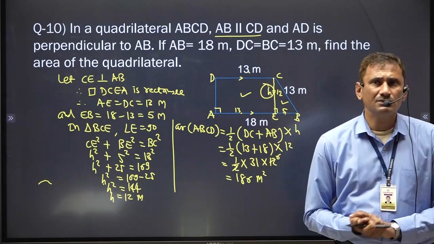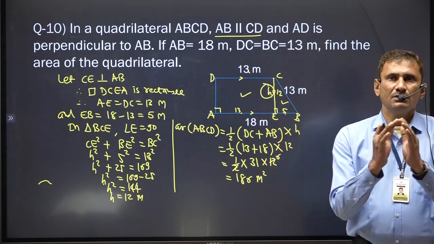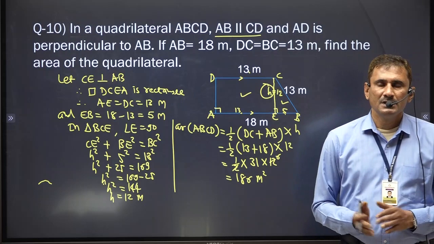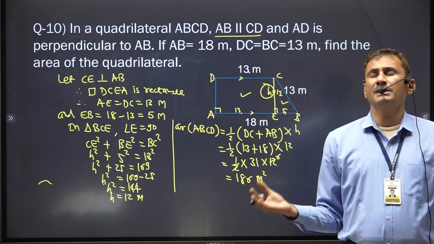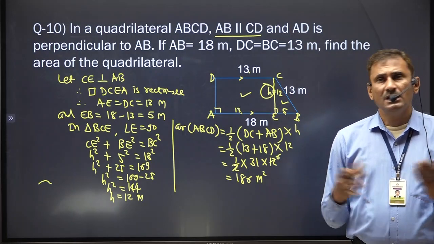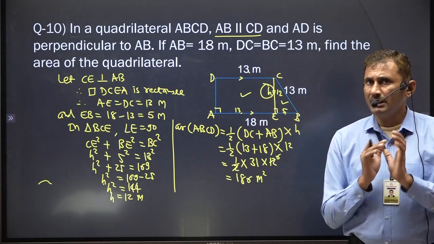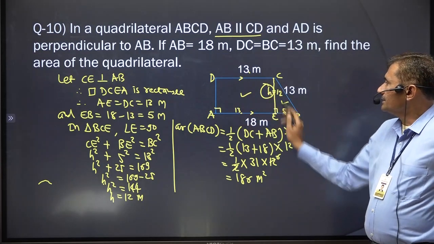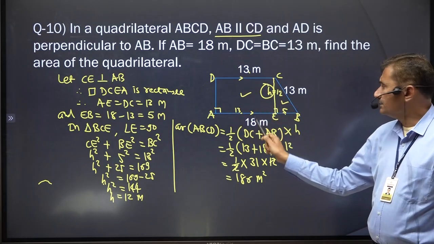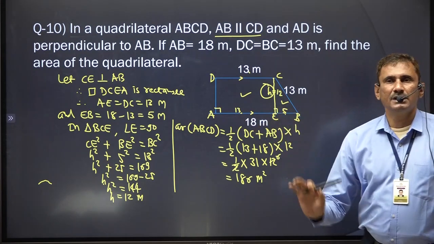Now one other way is also there. Without using the trapezium's formula, you can see there are two different shapes. One is a rectangle, the other one is a right angle triangle. So you can find the area of both separately, then add both areas. It will give you the final answer, meaning the area of the quadrilateral. I am just telling you orally, this is the rectangle DCEB. In a rectangle you know length into breadth, so it will be 13 into 12. So this is the area of the rectangle.